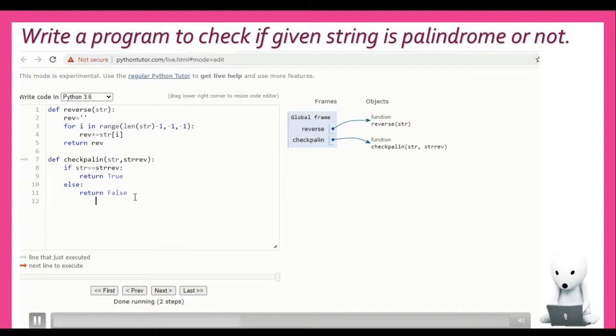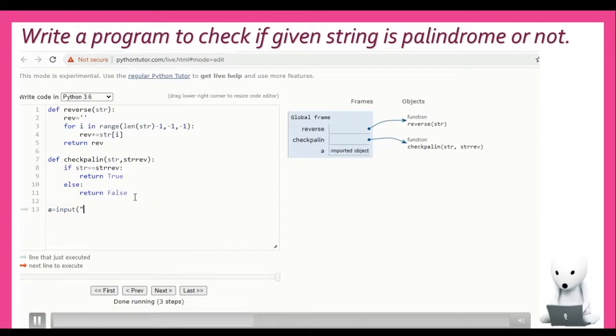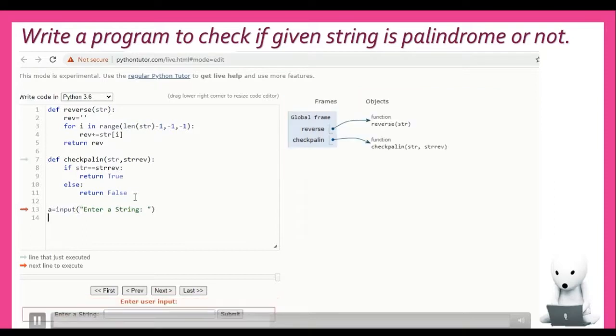Okay, now let's make code to call these two functions. A is a variable in which we are taking a string from the user. So A is equal to input, enter a string, to take a string from a user. Let's call the reverse function to find out the reverse of a string. So strrev is equal to reverse, A. A is the string which is passed to this function, and this function will return the reverse string in the variable strrev.